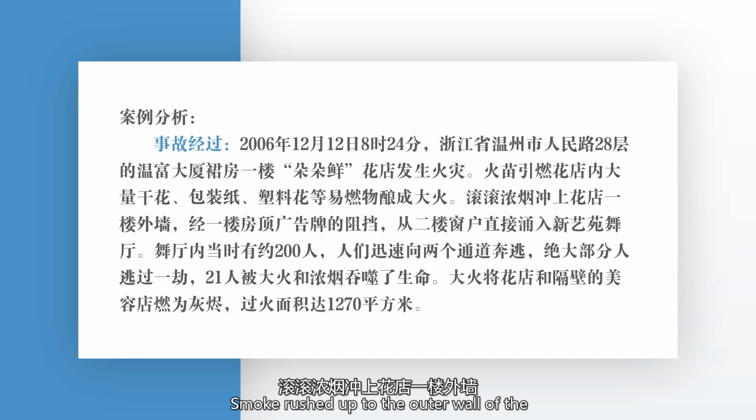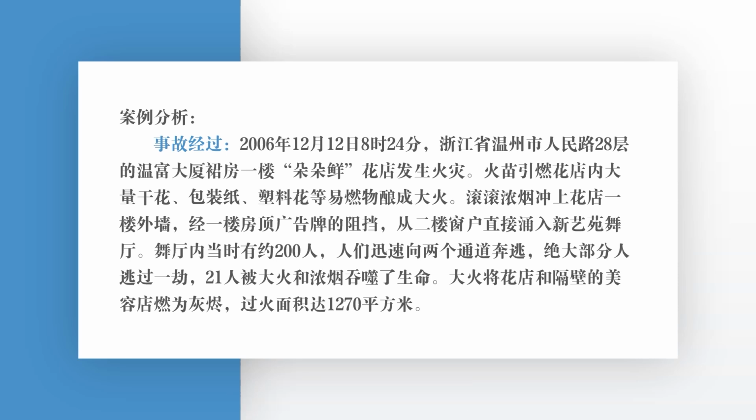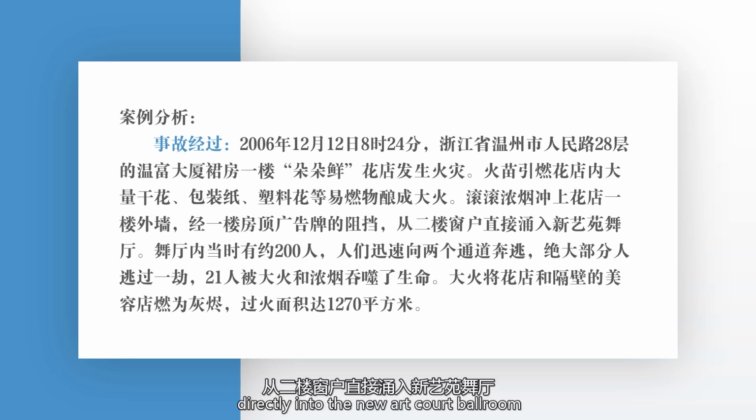Smoke rushed up the outer wall of the flower store on the first floor, through the blockage of the billboard on the roof of the first floor, and from the second floor window directly into the new art court ballroom, where there were about 200 people. People quickly fled to the two corridors. Most of them escaped. 21 people were killed by the fire and smoke. The fire destroyed the flower store and the beauty shop next door. The fire covered an area of